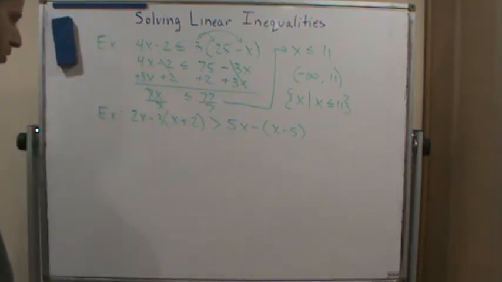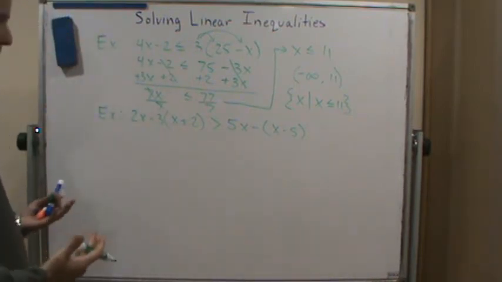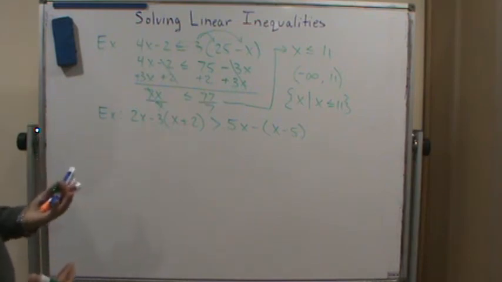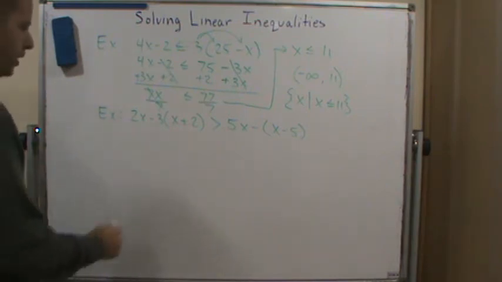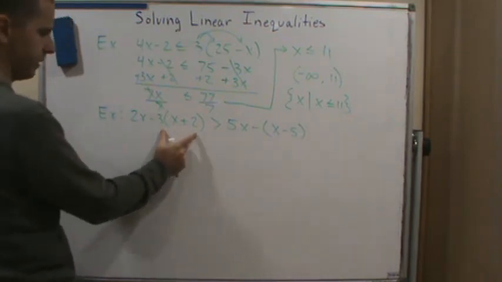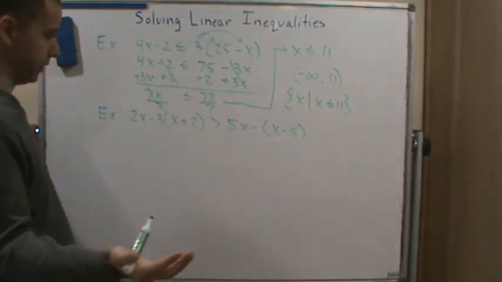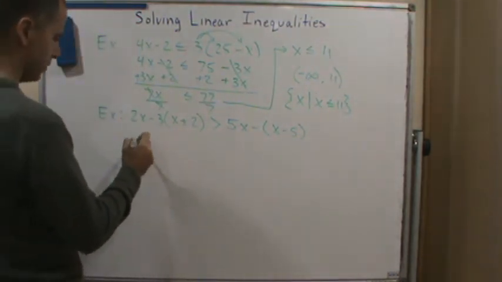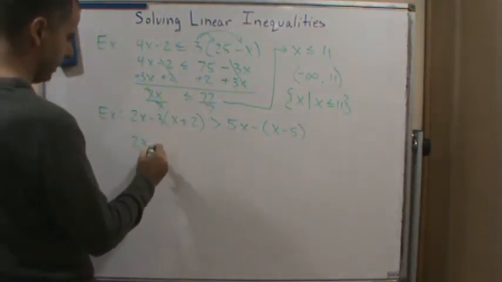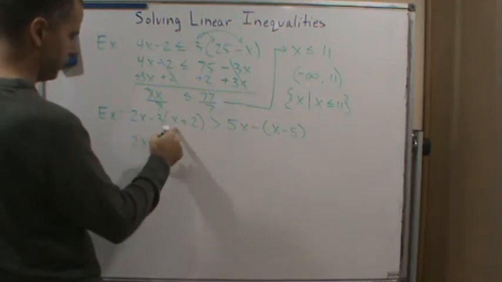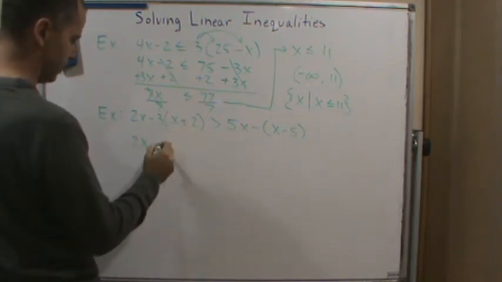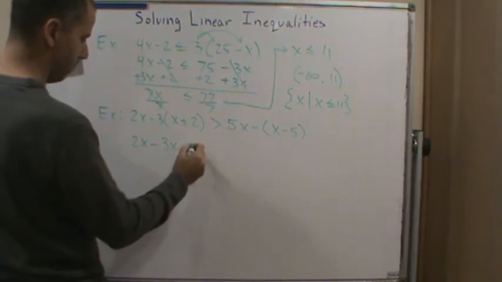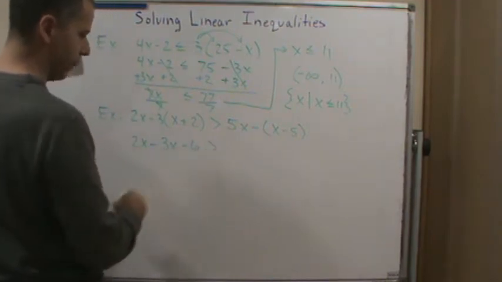Okay, now here, it's just a little bit more complicated. I've got more parentheses. So again, I'm just going to solve these using the steps to solve linear equations. So I'm going to get rid of the parentheses, following the order of operations. So this is going to be 2x minus, now I'm going to distribute the 3 to both of these. So that's going to be minus 3x minus 6 is greater than